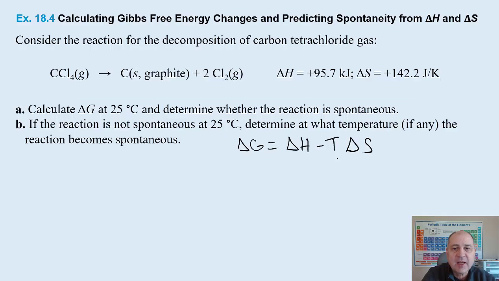So we're given a reaction, we're provided with delta H and T delta S, so we should just have to plug in, and also the temperature, and we're asked if the reaction is spontaneous or not. The only thing that we also have to watch out for is to convert either kilojoules to joules or joules to kilojoules. So I'm going to take this and say delta G equals, I'm going to convert kilojoules to joules, so